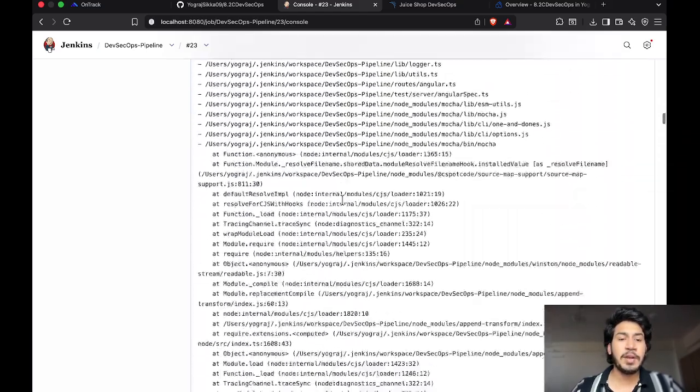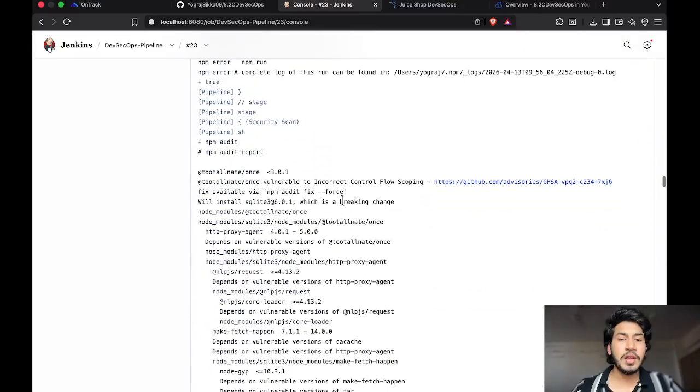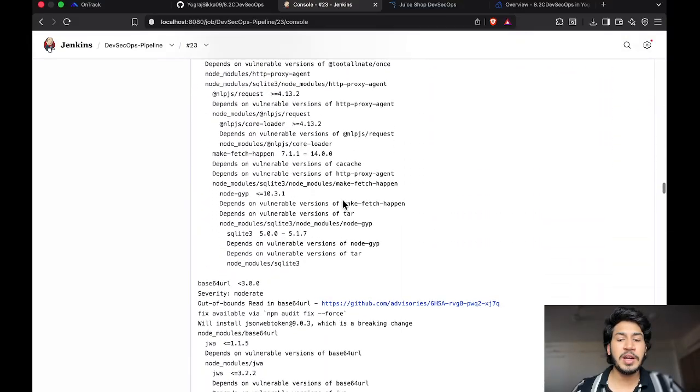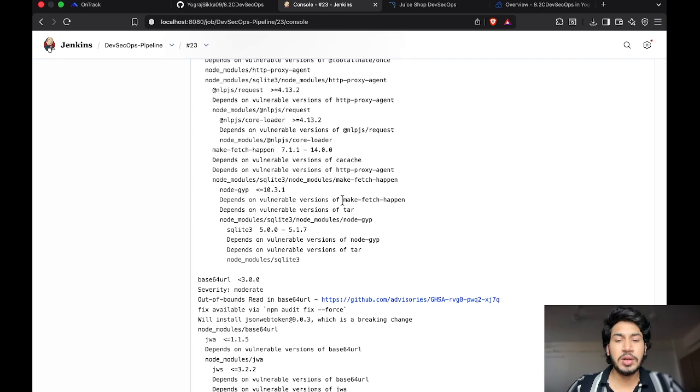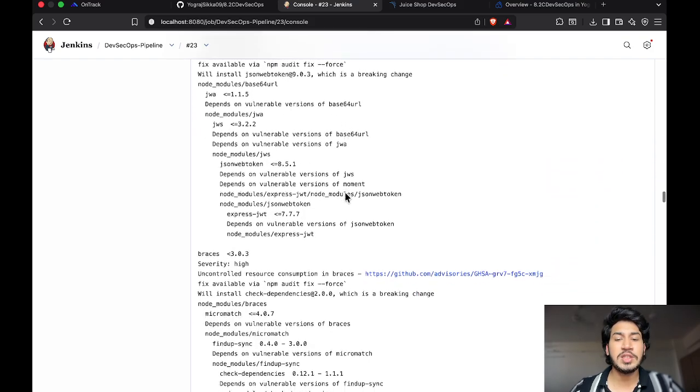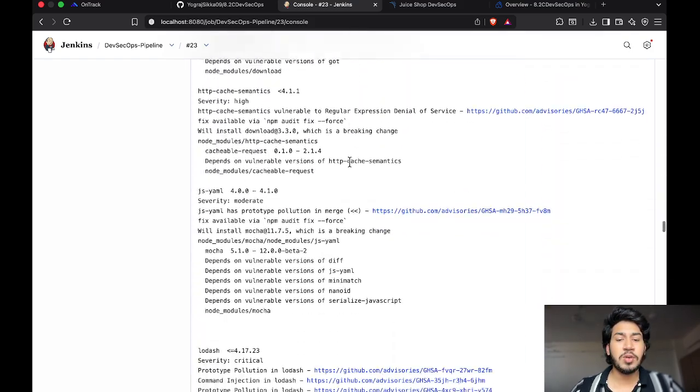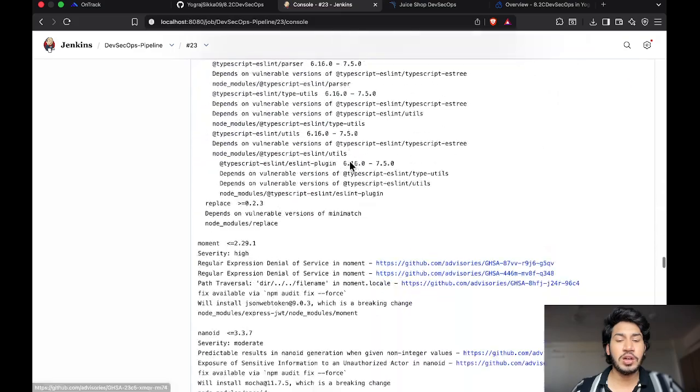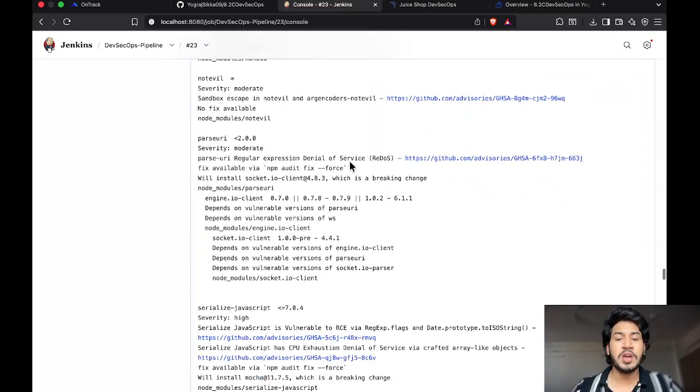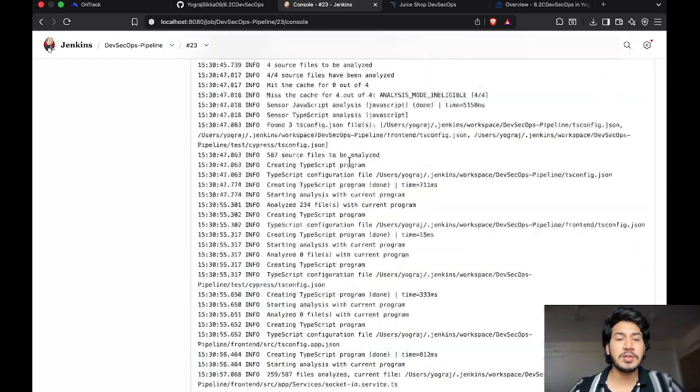So this is my build application stage. It builds the application, including the Angular front end. Then the fourth stage is run tests, which runs all my tests. Then the fifth stage is generate coverage report. This generates a report showing how much of our code is covered by tests, and this is important for code quality because it tells us which parts of the code have no tests at all.